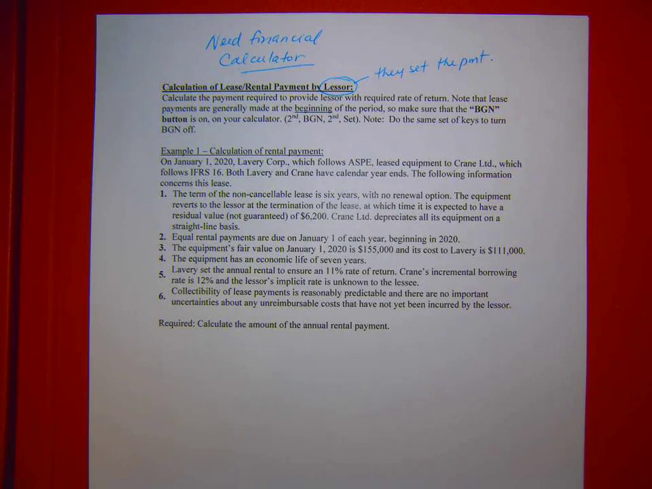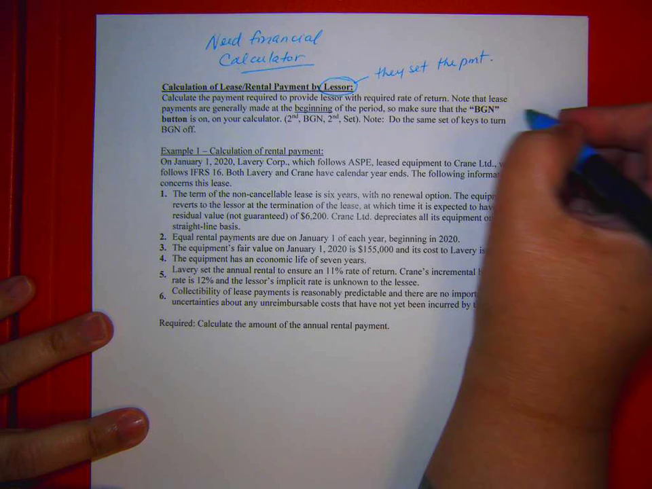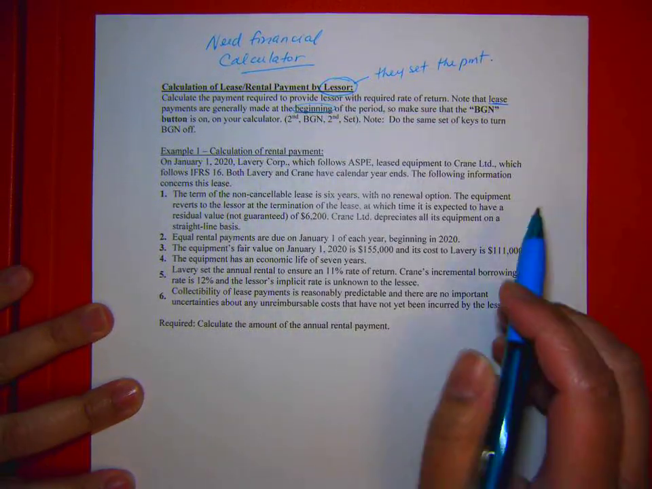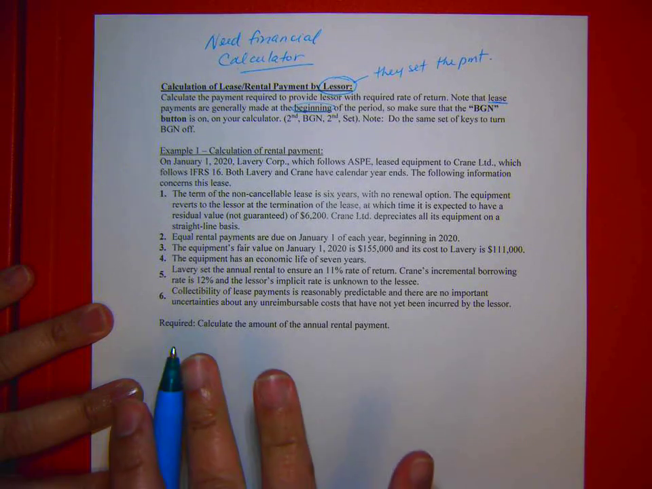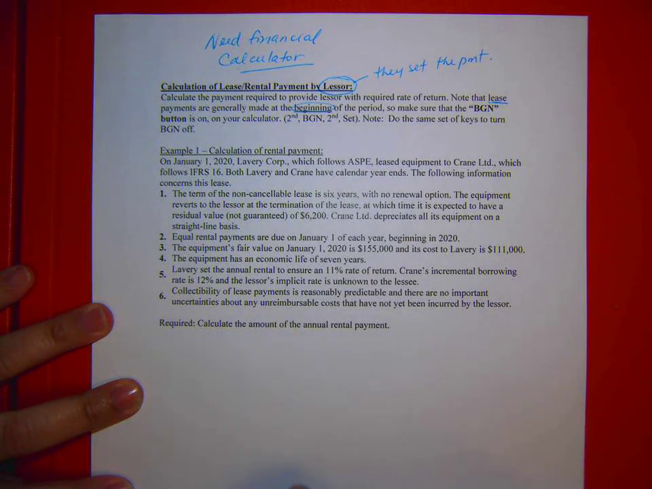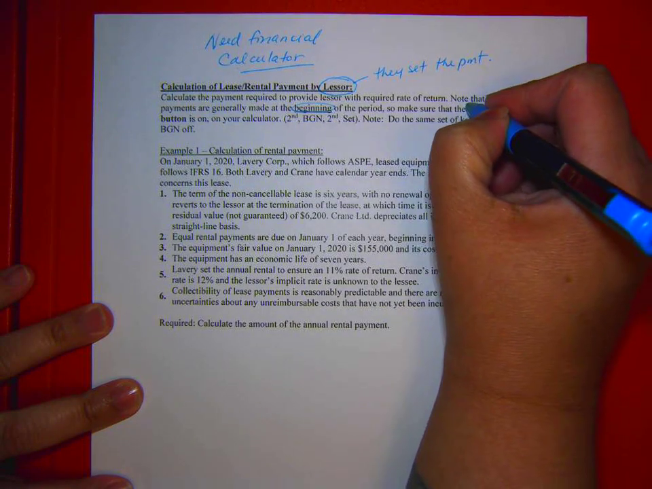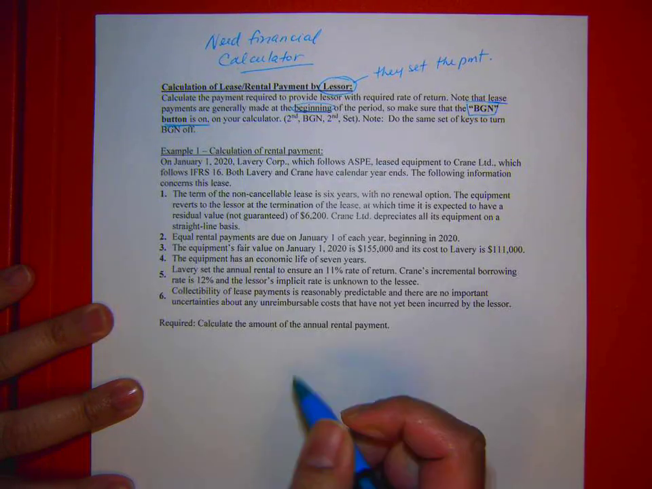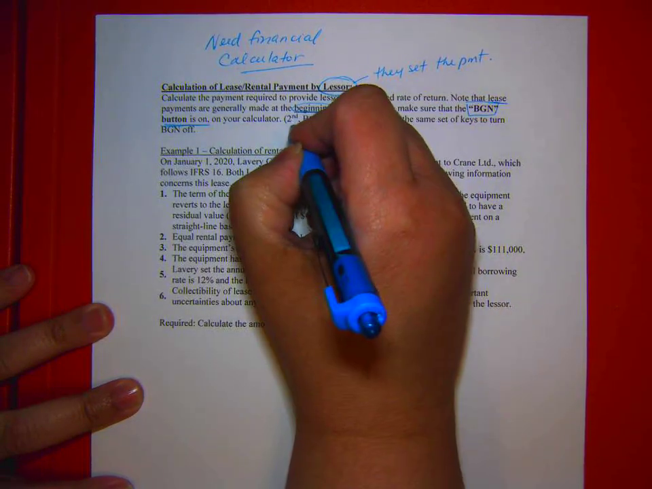When does the payment go out? Does it come at the beginning of the month or do they let you live there for free until the end? It's going to come out of the beginning, okay? So lease payments are generally made at the beginning of the month. So for this entire chapter or on the final when you're doing any questions, leases, you have to make sure that the BGN button on your calculator is on. So if you're using the BA2 Plus,